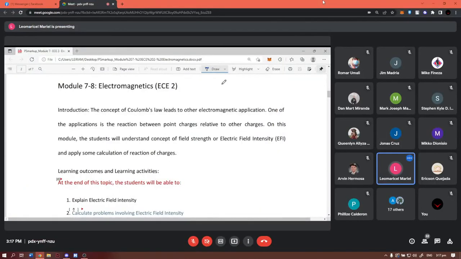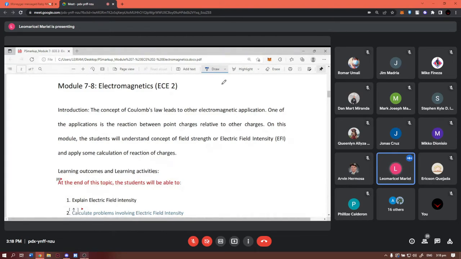It is a vector form, so there must be a direction. So the direction is given by the unit vector of the 2 points or the 2 charges. So in rectangular form lang yung pinag-aaralan natin. Okay, so in order to get the direction or the unit vector, get the directed line segment or